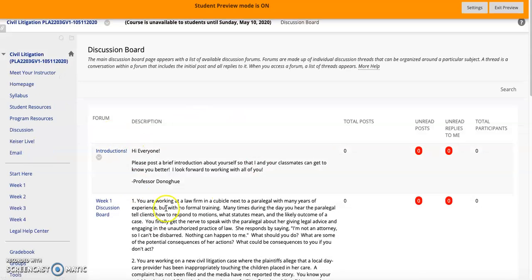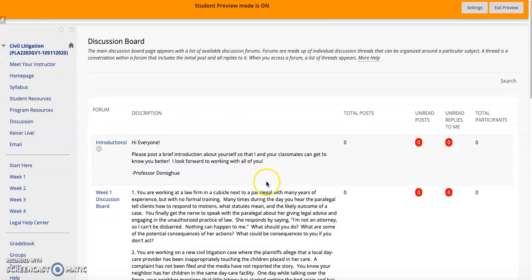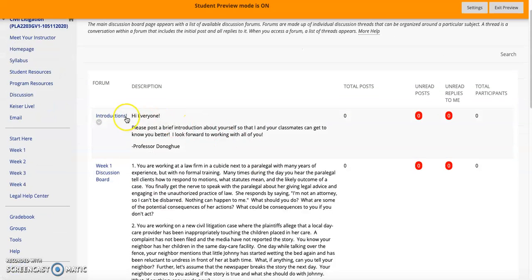Discussion. This is gonna be important through the course. So please, before the course starts, post an introduction. I know some of you, I don't know all of you, and you might not know each other. So please post an introduction, let me know a little bit about yourself, and how you would do that is